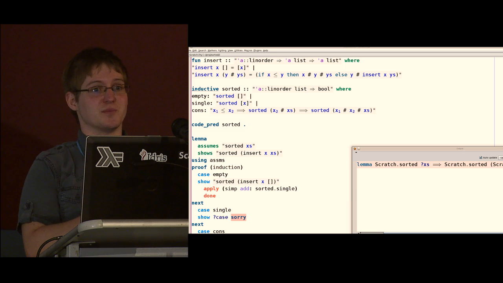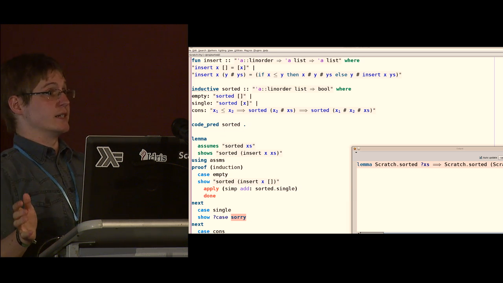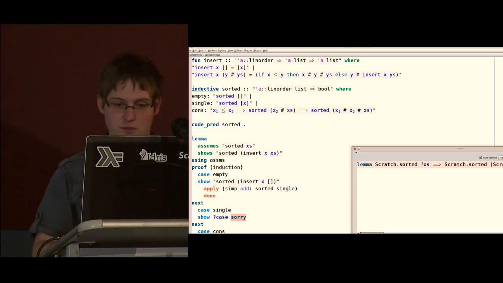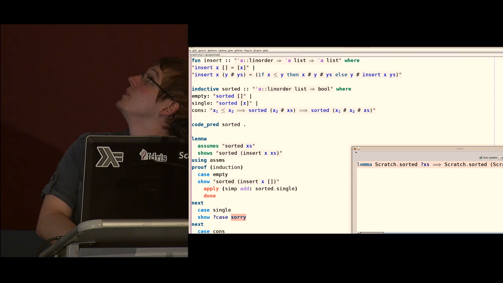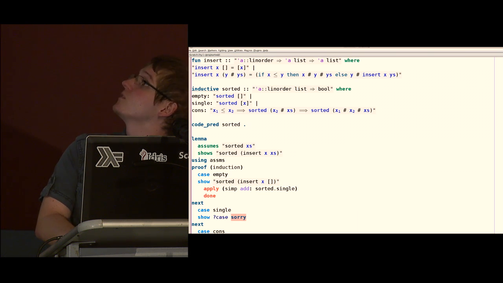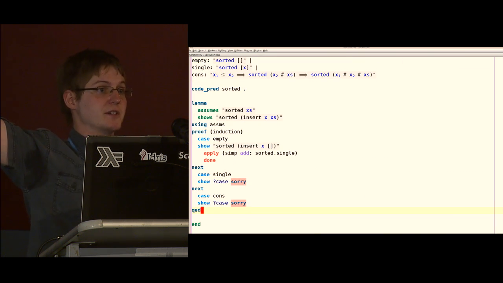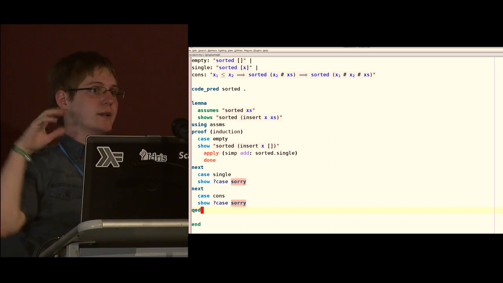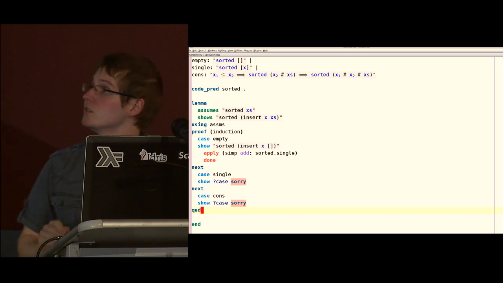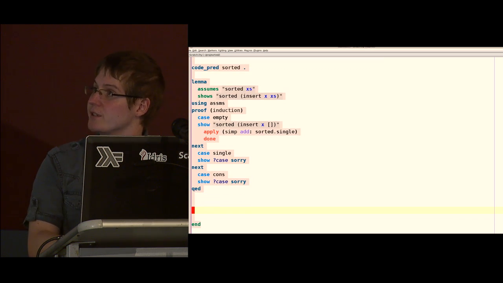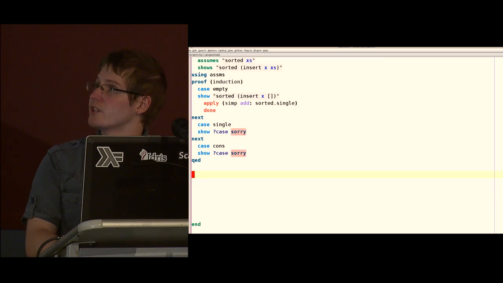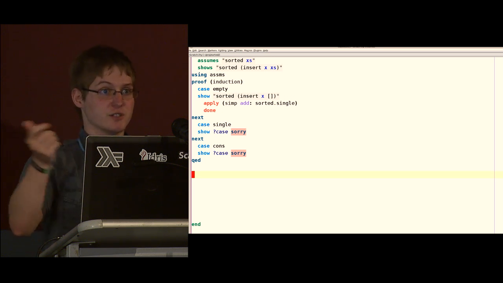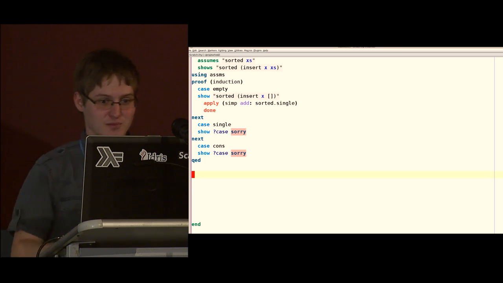It will find ways. Okay, so how does that relate to Scala now? Because I've been showing you that, and it's all nice, I suppose. But you know, what can you actually do with that? So now you have this other programming language right here, but you can't really execute it. You would need to start this IDE and type these value commands. So that's not really useful, but there's actually a thing called the code generator. And the code generator is not the opposite of a dead generator. It actually produces code.